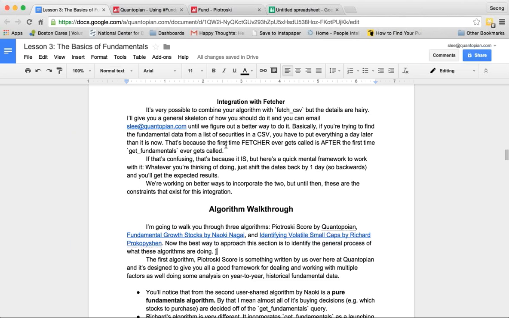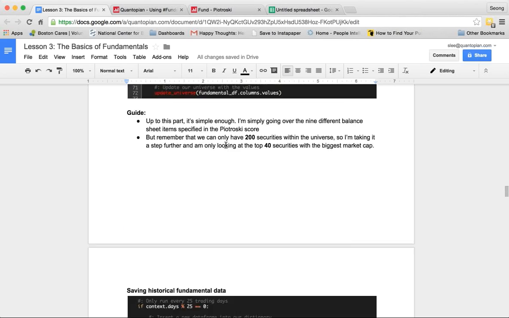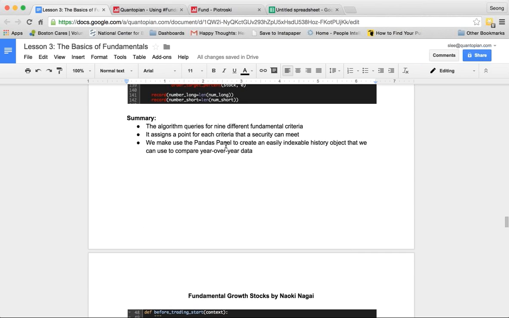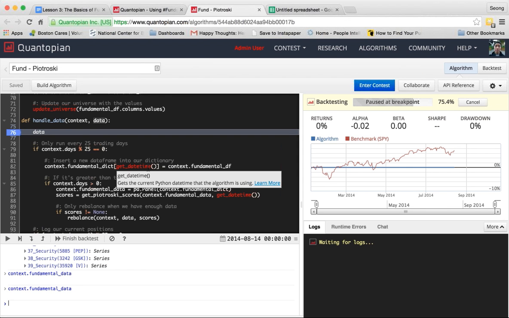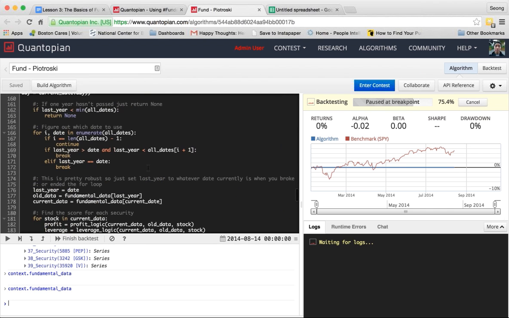And I walked through it even more in depth in the study guide, so definitely take a look at that after the webinar is over. And in summary, the algorithm queries for 9 different fundamental criteria factors. It assigns a point for each criterion that a security can meet. And finally, we create this pandas panel so that you can compare historical dates very easily. How you exactly do that, I cover in the study guide, but just to show you very quickly,